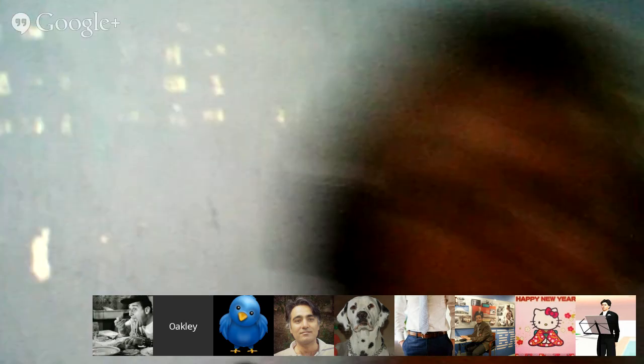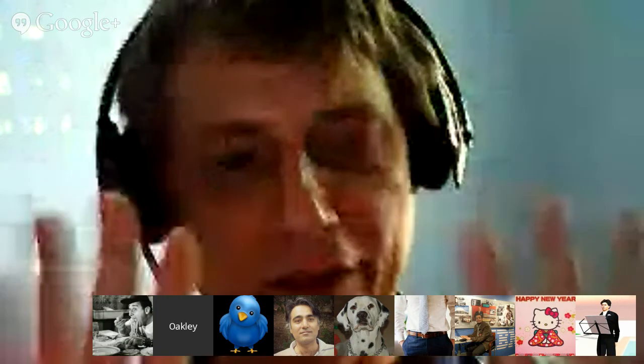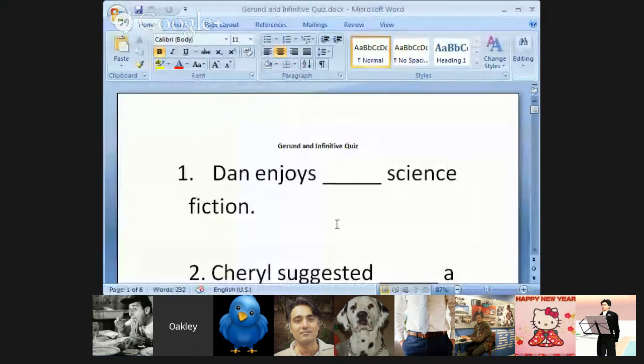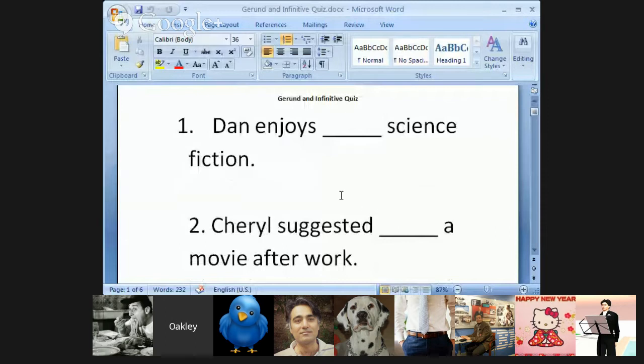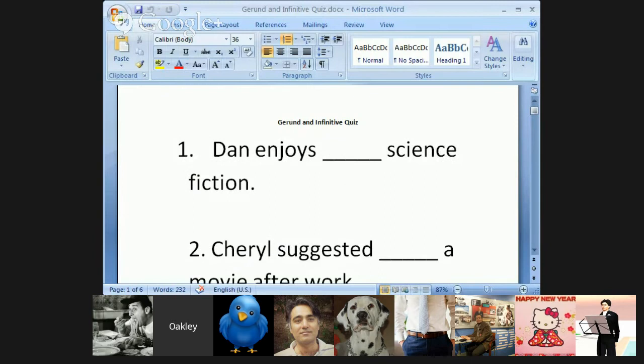Okay. Let's see if we can simplify this little mission a little bit. Let's try this. Put the brakes on. Let's see if we can handle this. All right. We've seen some of these verbs. Now, give me a gerund or an infinitive that will fit these very simple, straightforward sentences. What will fit here? Let's start this all over again.